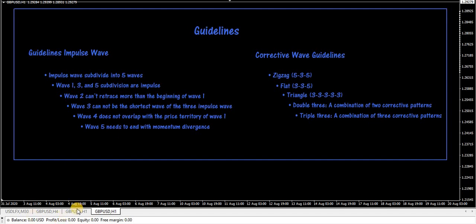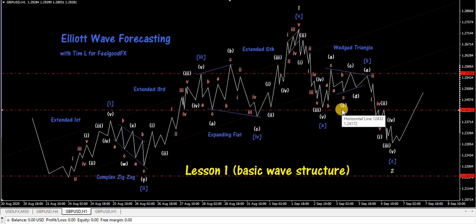This is just the basic wave structure. And what we're going to do in our next lesson is take this information and look at the big picture, and try to forecast using this principle by knowing our patterns, knowing how zigzags look, knowing how double threes look, what to expect when we are in a double three, what to expect when we are in a zigzag,